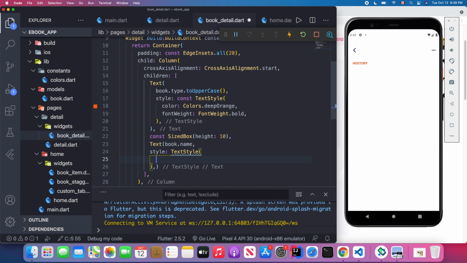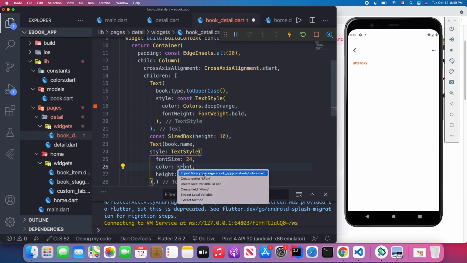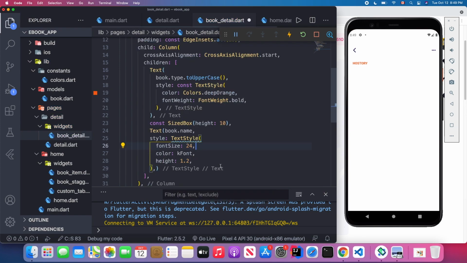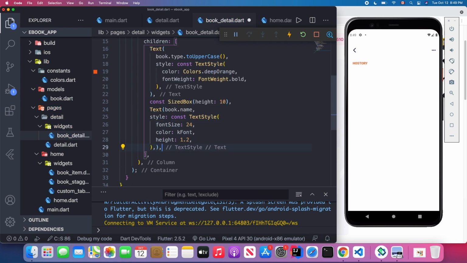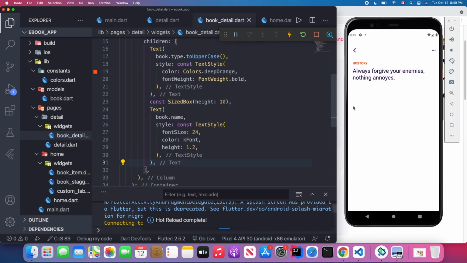Inside this TextStyle, we're going to change the font size to 24, and also the font color, and the height change to 1.2. For the color, we're going to import our colors.dart library and make this TextStyle constant, right? So we can save it. Yeah,